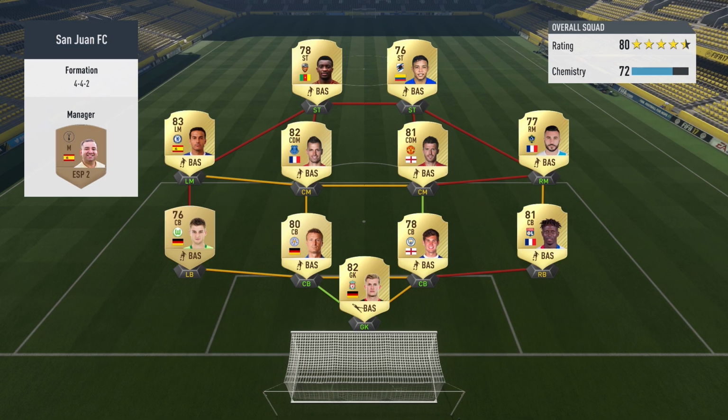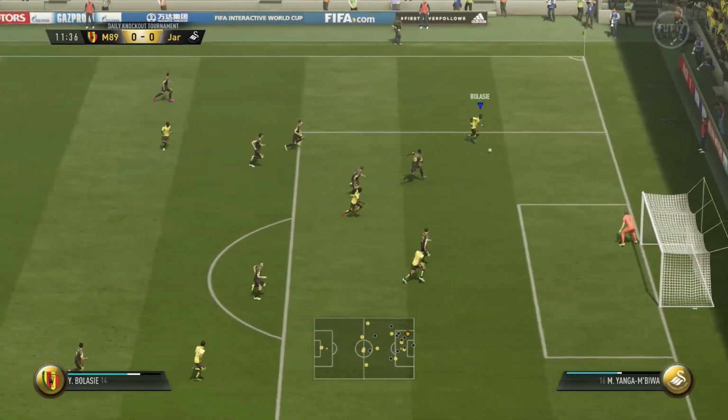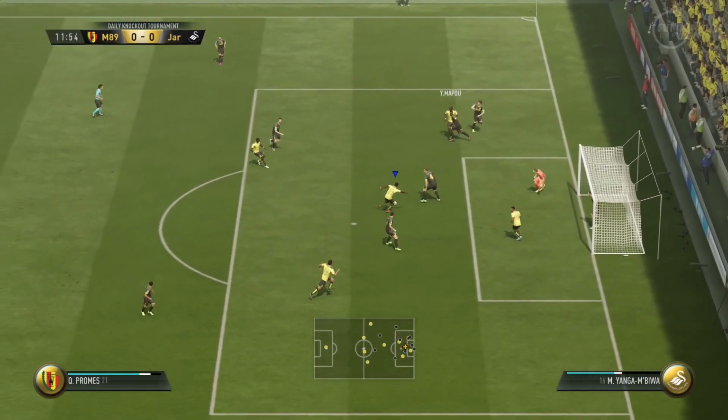It's off chem, 72 chem, 80 rated, but he's got Yanga and Biwa as a right back. Basically, this is what I've done. He started from scratch. He's brought players in that maybe suit the position, maybe don't suit the position, and he's